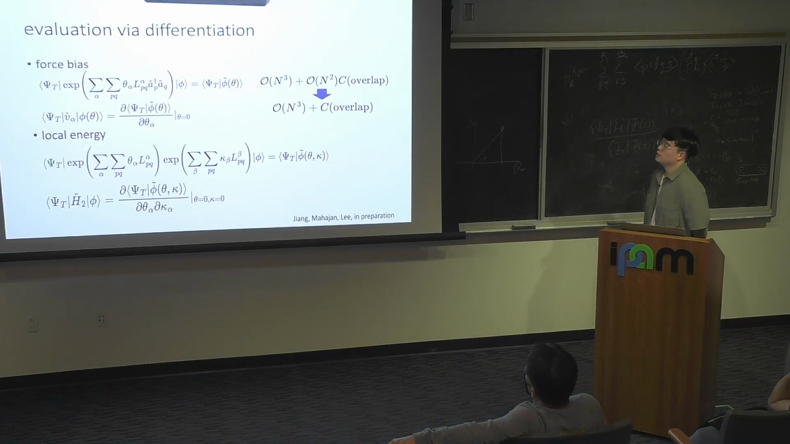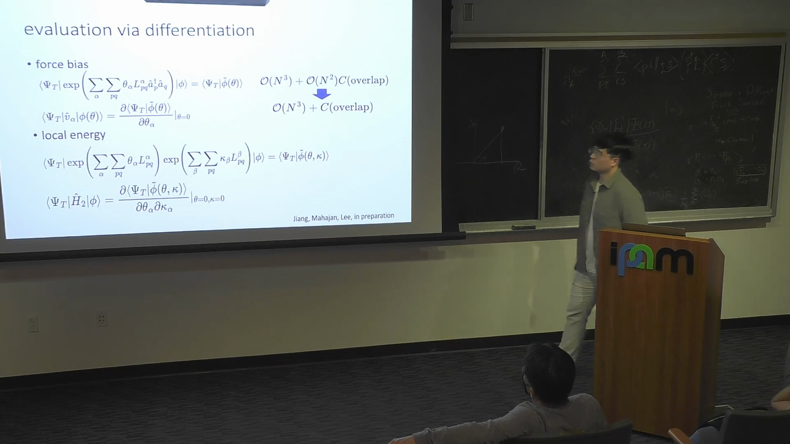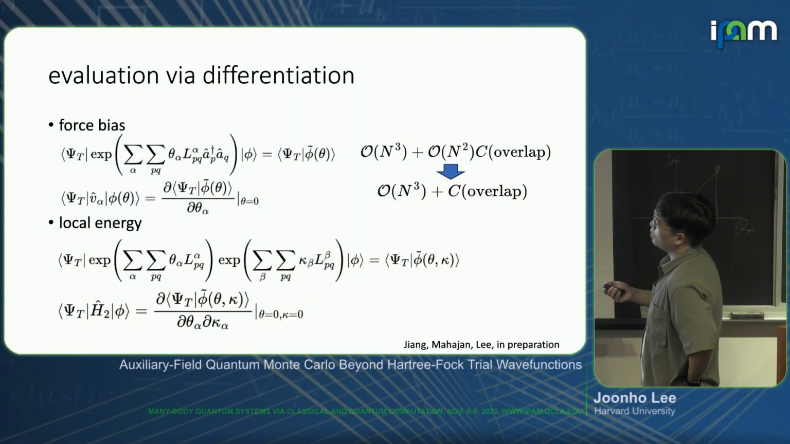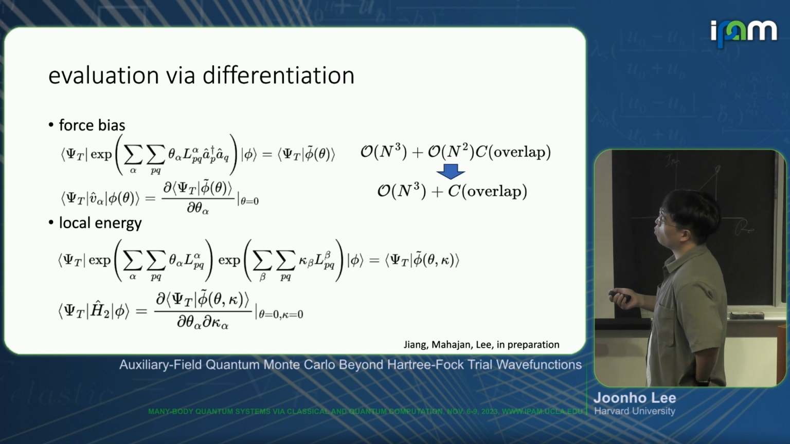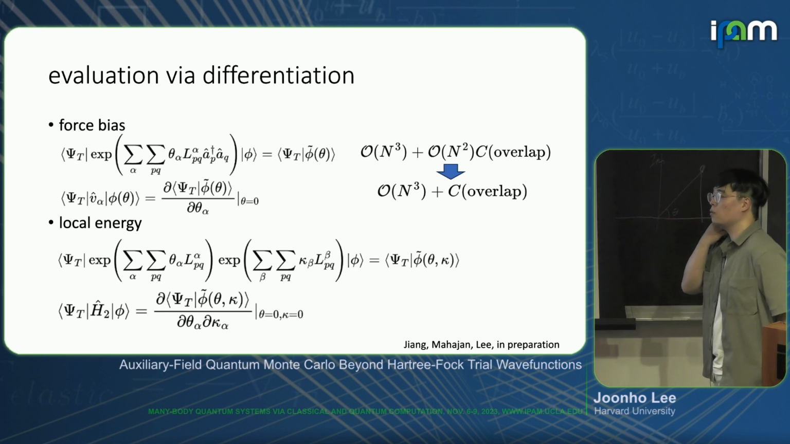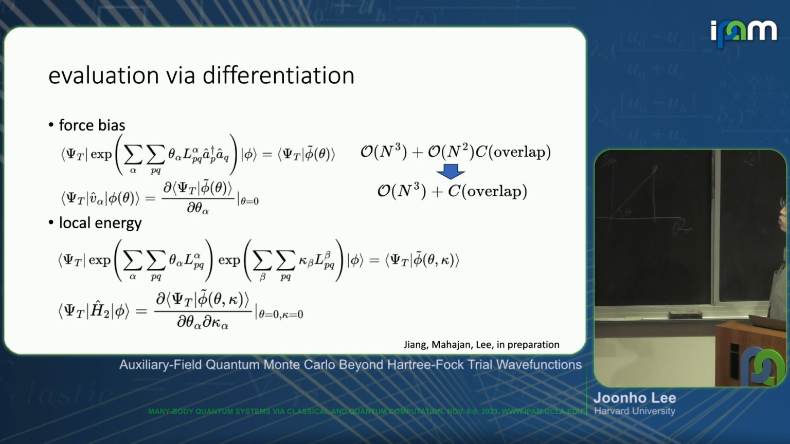Local energy, which you could have probably guessed what I would do, I made a typo here. There should have been AP dagger AQ, AP dagger AQ here. So I have two rotations to do. But what I'm going to do is take second order differentiation, one with theta, one with kappa. It's a diagonal element of that Hessian. And then if I set all the other values of theta and kappa to 0, I'm going to get the two-body